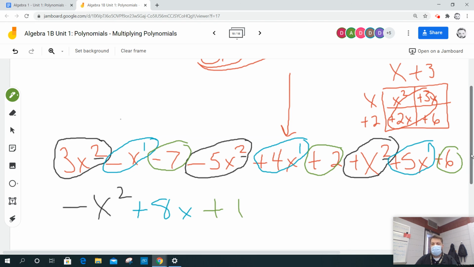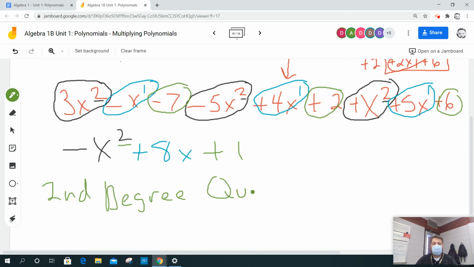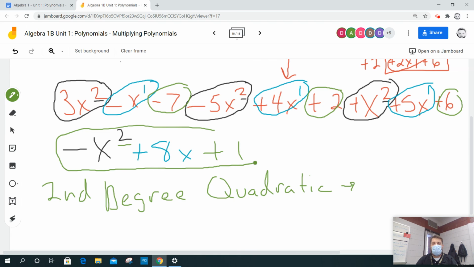Now, that was not necessarily what we were asked to do. We were asked to add them up and then define it. So because this is a second degree polynomial, because it's a second degree, it is what we call a quadratic. And how many terms does it have? It only has 3 terms, right? The x squared, the 8x,